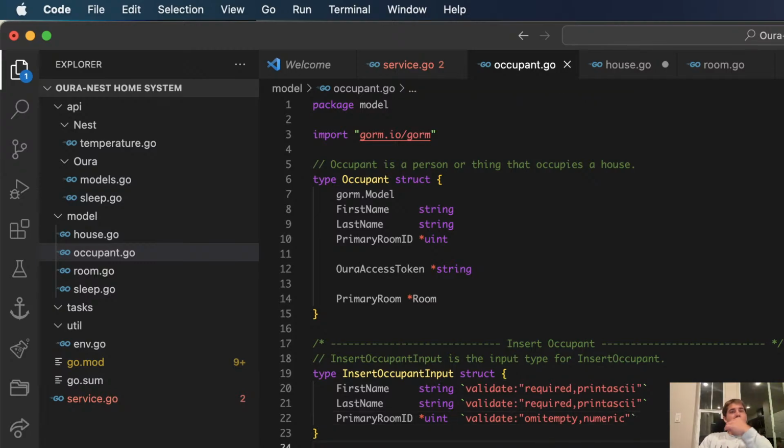It's fine. We'll also allow our access token omit empty. Yeah, that's fine. For now, we're gonna use Aura. The other option too is later we might switch to Apple Data just so that it's more flexible. But let's do this for now. We might have to give the option of Apple Data or Aura. Yeah, this is fine. Then let's create occupant.